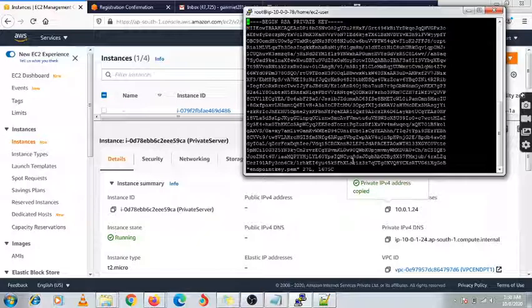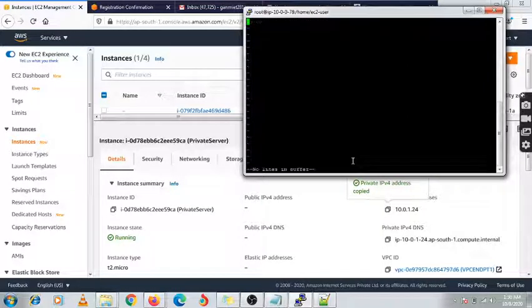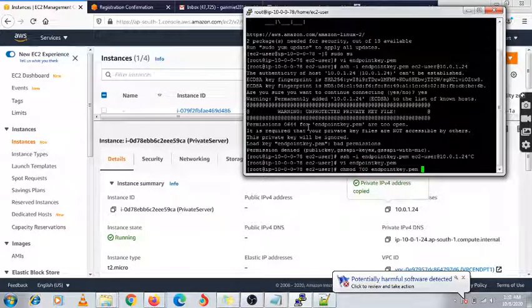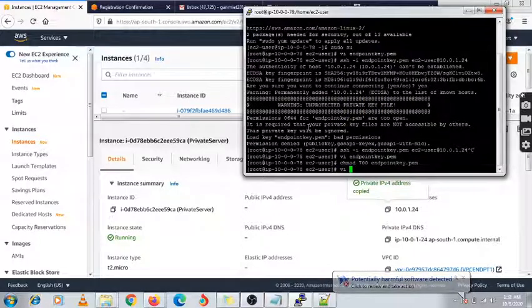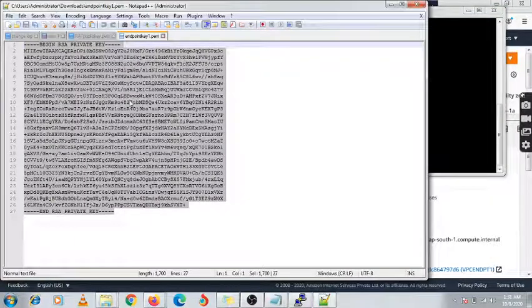If anything goes wrong, it will not detect. We need to copy it again. I'm going to give the permission chmod 700 endpoint key, and via endpoint key, under that we need to copy it again.